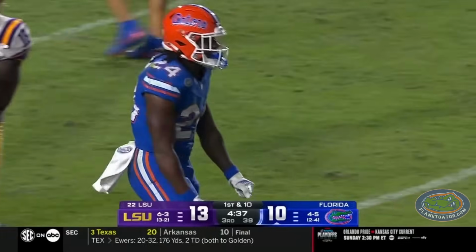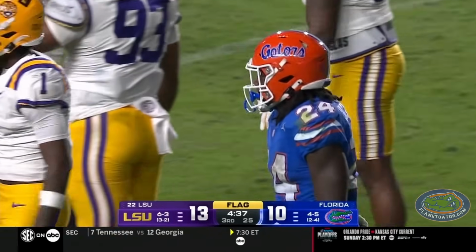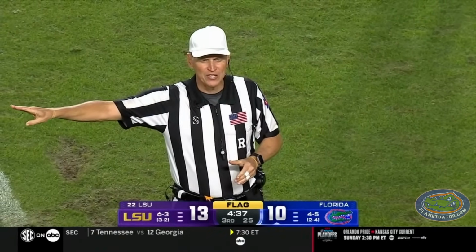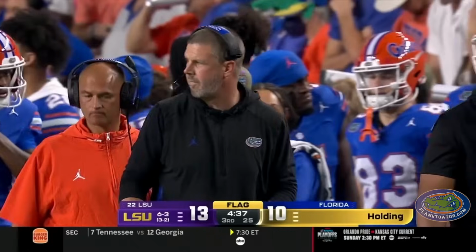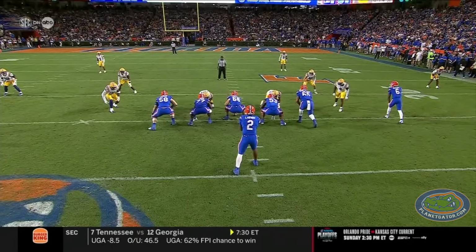There's a flag in the backfield. Keys made the tackle. There could be a hold here against the Gators. Holding. Offense. Number 58. 10-yard penalty. First down. After committing 4 penalties back in the first quarter, the Gators had played clean until now, and this